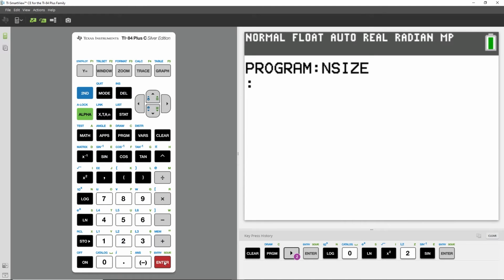Hit enter. Okay, so basically the way this program is going to work is we're going to enter our confidence level. We're going to enter our P, and then we're going to enter our margin of error. And it will then calculate n for us. So first, we need to prompt,